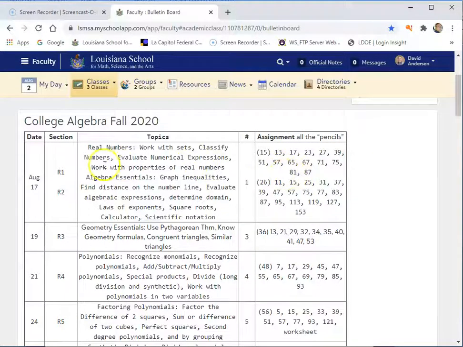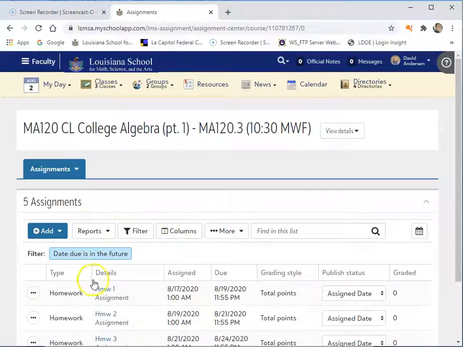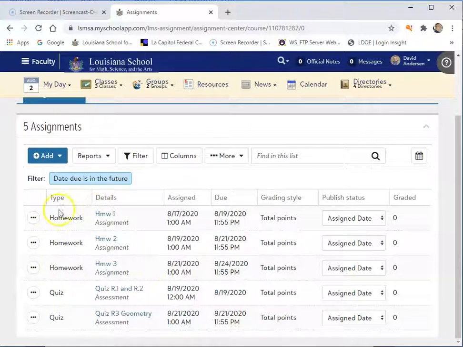You also need to check every day under the assignments label to see if there are any quizzes to take. They should show up here. All these homework assignments also show up, so there's a bunch of stuff here. Assignment 1 is that same assignment we talked about before, the R1 and R2 problems.